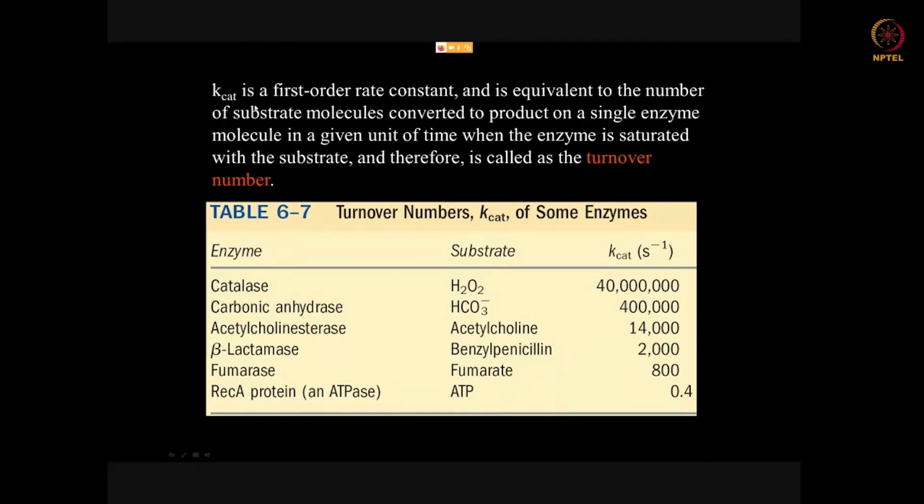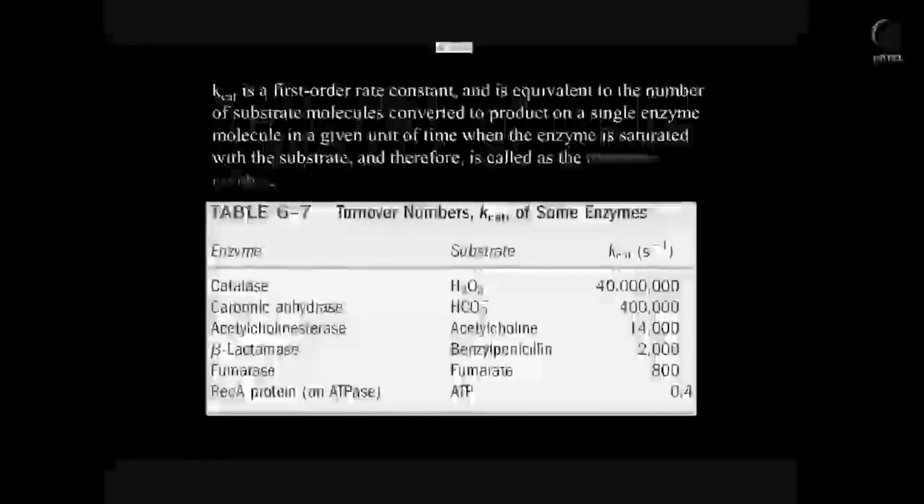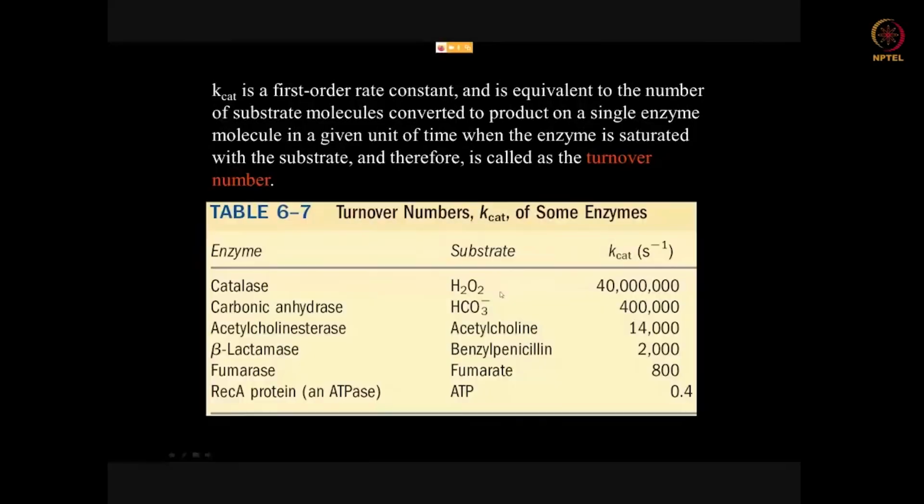So this helps us to measure essentially the rate at which substrate is being converted. And if you look at some of the enzymes, it's extraordinarily high, like for catalase that breaks down hydrogen peroxide into water and oxygen. So this one acts at a rate of 40 million hydrogen peroxide molecules per enzyme molecule. Okay, that's what you need to remember. One enzyme molecule converts 40 million H2O2 into products per second. Okay, so that is one of the highest